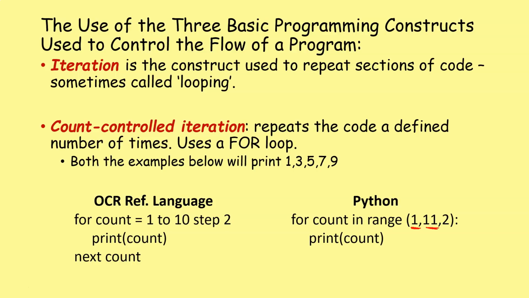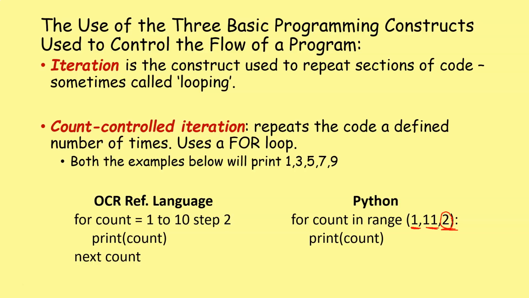So while in OCR reference language we say 1 to 10, in Python we say 1, 11. So 1, 2, 3, 4, 5, 6, 7, 8, 9, 10, and then stop. The first number is inclusive, the final number is exclusive. And then we're doing this in steps of 2. So again, if you're doing this in steps of 1, you can miss this out. You could just say 1, 10, but because we want to do it in steps of 2, we have to